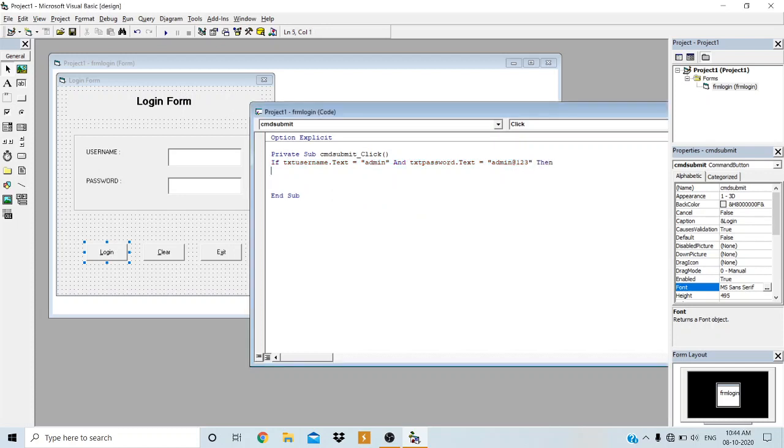Now if both the conditions are true, then it has to execute the true block. So what must be the true block? Message box. We have to write the appropriate message in the message box. So MsgBox "Welcome to Visual Basic 6.0".